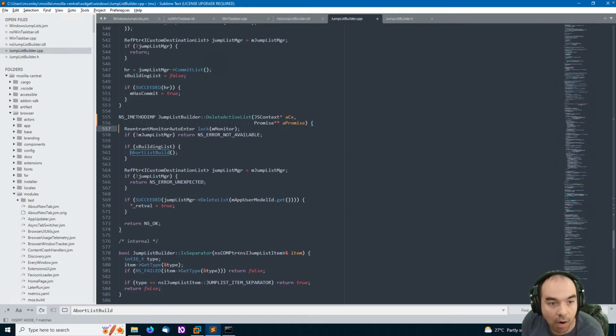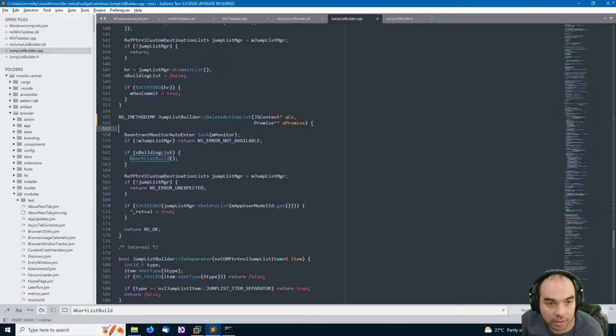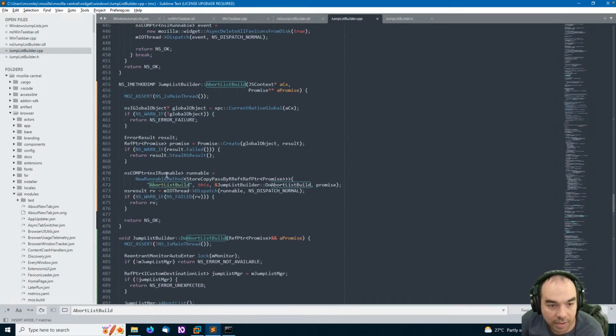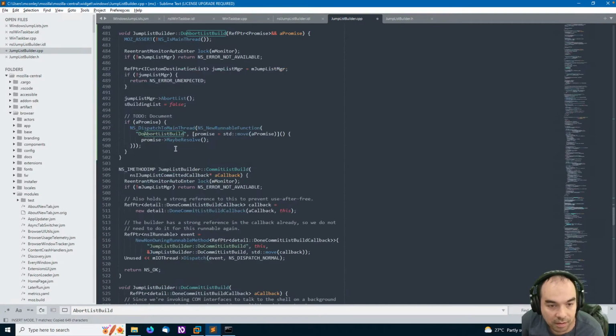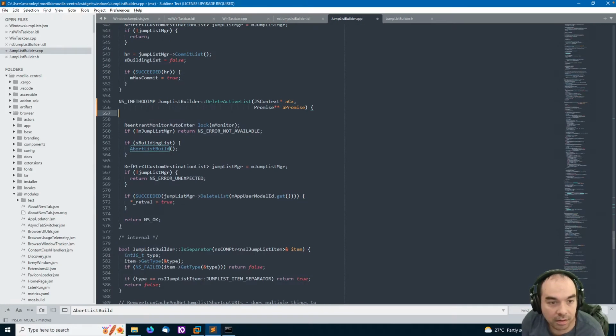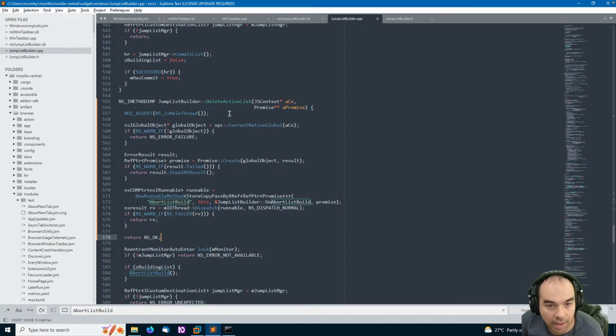So what we're, oh yeah, here's what we can do. We're going to do the exact same thing we were doing with abort list, which is construct this thing. And then we're saying, hey, do delete active list.